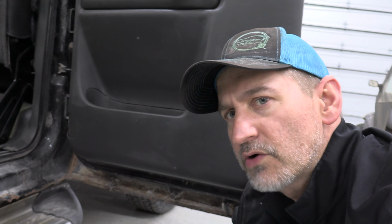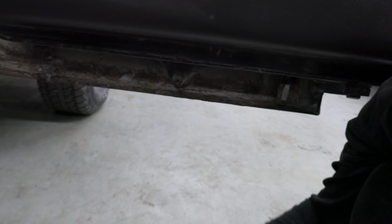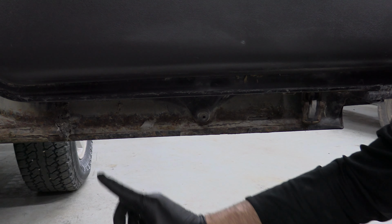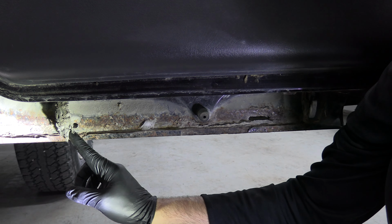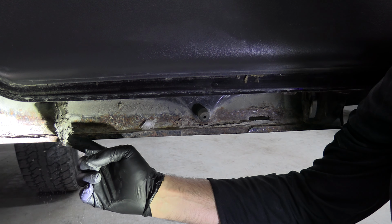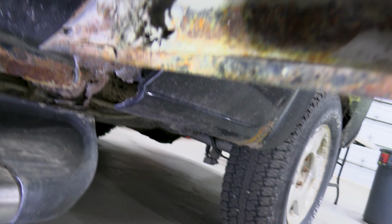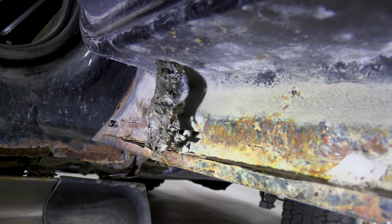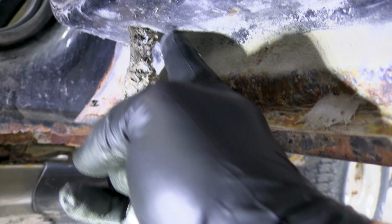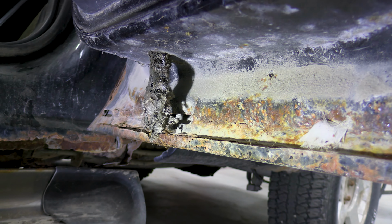And then on closer inspection, as I was removing the driver's side seat, let's see if you can see that here. Right here. Let me see if I can get a little light on it. That's a mouse carcass, and you can see it is hard as a rock. It is sticking out of the bottom of the drain right here in the door. You can see it coming out there. It looks like it got halfway out and got stuck and then hung there to die and